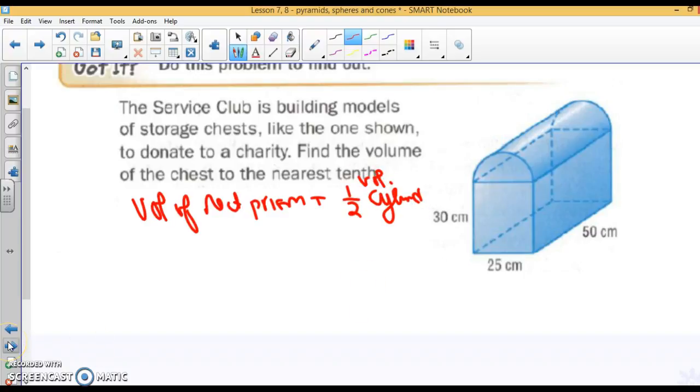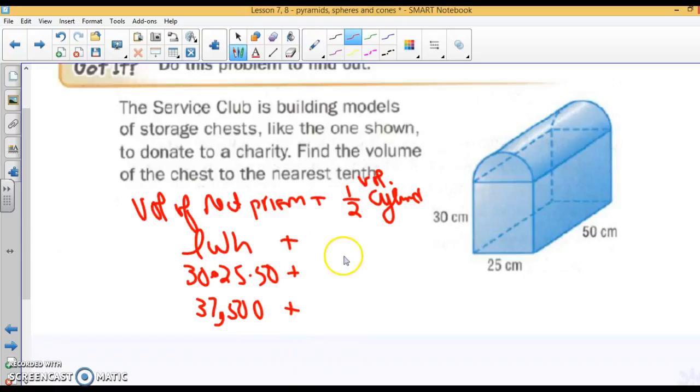So rectangular prism, length times width times height is 30 times 25 times 50. That's a times. You get 37,500 plus